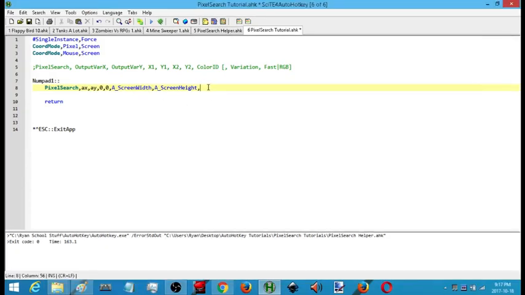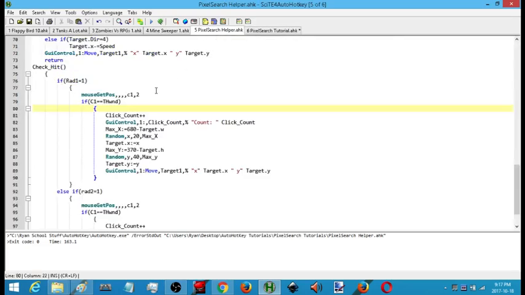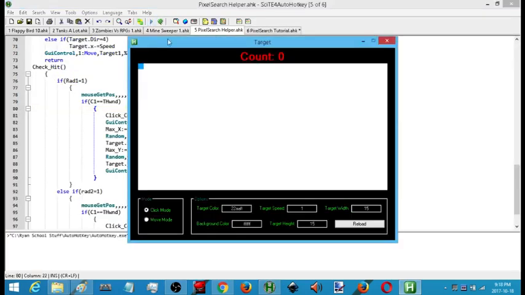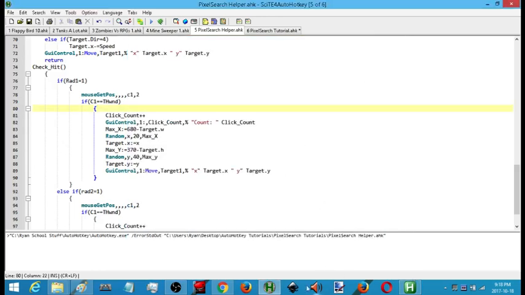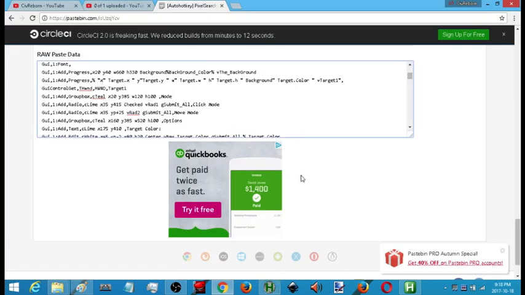Okay, the next thing is the color that we're going to be looking for. So I can use either a variable here, or I can just type out the hex code for the color that we're going to be using. So we already have a color here that this starts with as a default. So what we're going to do is we're going to use this just so that way we don't have to worry about trying to come up with another color. But